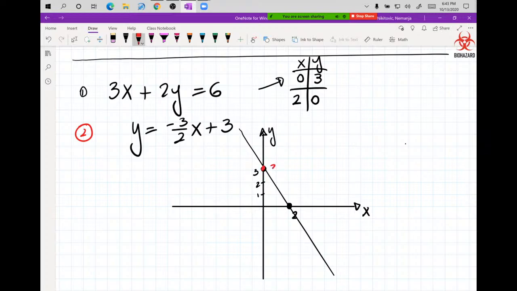We graph here 3, and then we have to go 3 units down, right? Remember, rise over run. So rise of -3 is 3 units down. So we go 1, 2, 3, and then you go 2 over, and you get the same point. So the red line and the black line graph at the same spot. So since they're the same line,